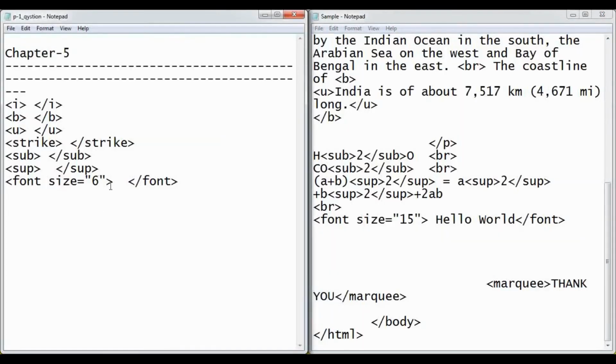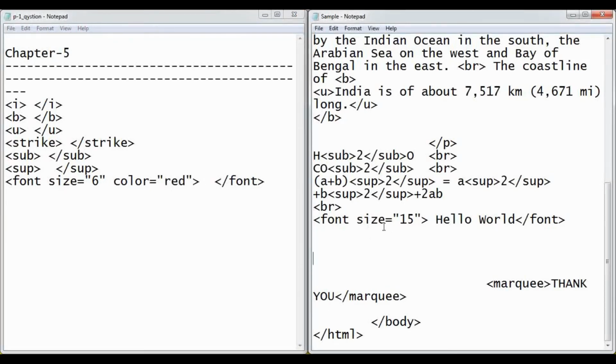The next attribute of the font tag is color. This will help you to change the color of the font, and the value to this attribute will be the name of the color. So whatever name of the color you give, it will change accordingly.